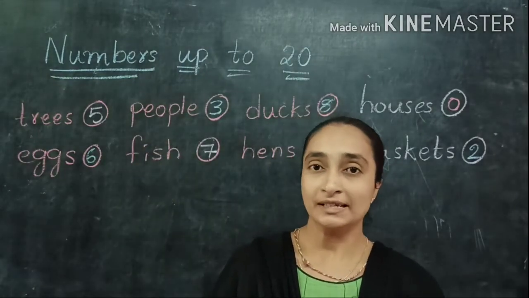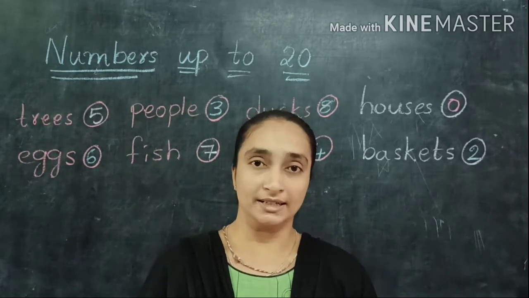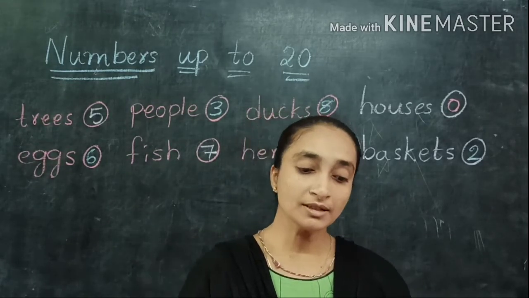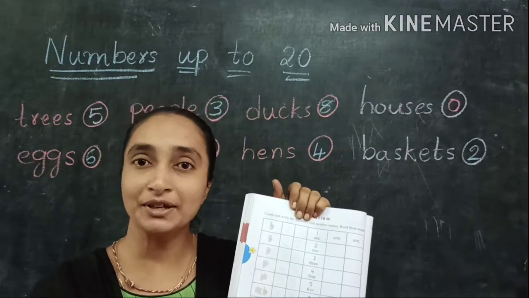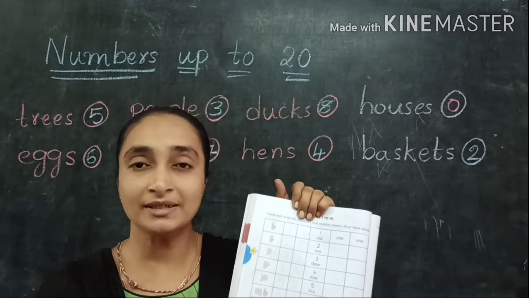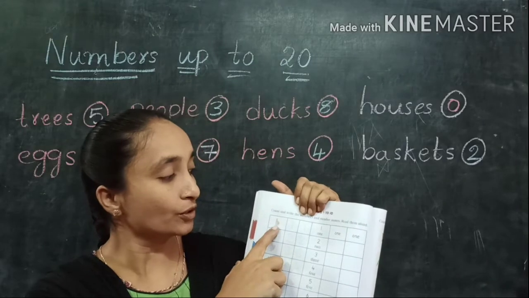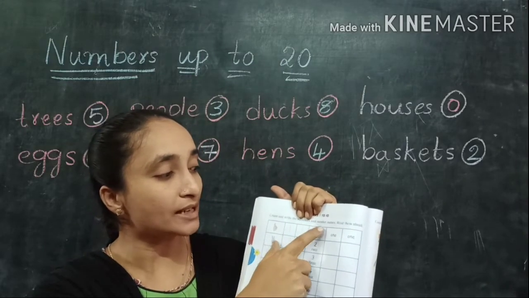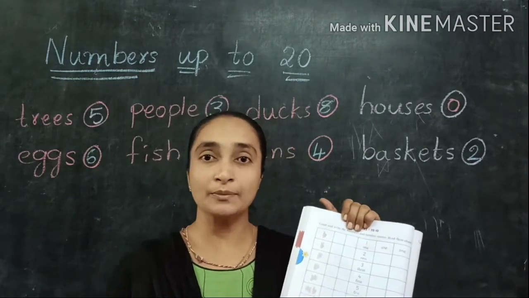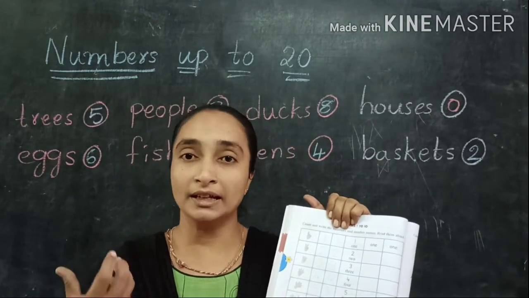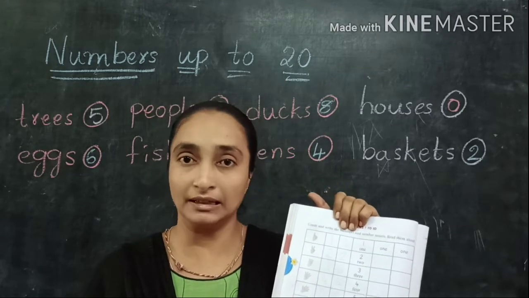So now let us go to the next page, that is page number 78. Numbers 1 to 10. So here already we have studied all these number names. Again one more time, let us practice all these number names. So count and write the numbers and the number names. Read them aloud. When you are practicing, you must read loudly and clearly. So the spellings all you must read clearly.